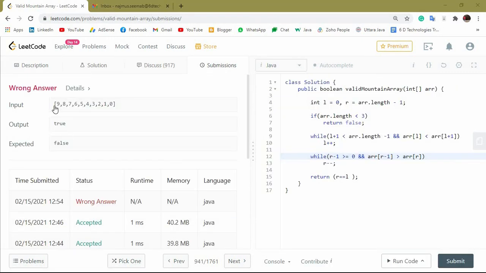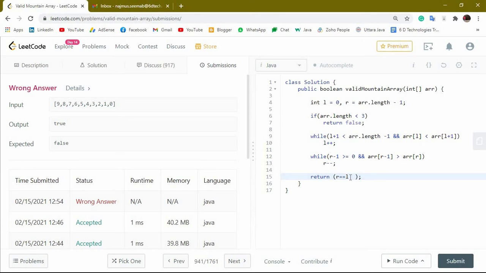Here we are getting an error on this particular input. We can analyze the error also. If you see, from the right side it is strictly increasing, and from the left side it is strictly decreasing. So what will happen? When you go from the right side, R will decrement, then it will become -1, and again decrement, and R will become 0. Of course our L is 0, so R equal to L, so it is going to become true.